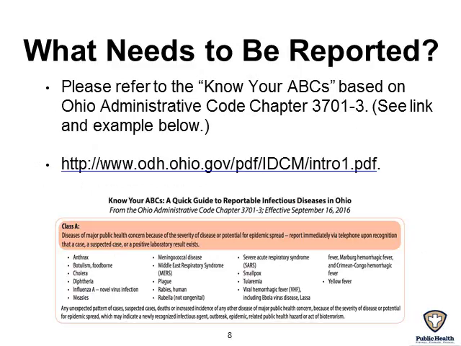We will now begin to discuss how someone can determine whether a disease needs to be reported. Diseases and outbreaks are divided up into groups, called classes, based on their severity or epidemic potential, such as the ability to easily be spread to others. Class A diseases are of major public health concern because of the severity of disease or potential for epidemic spread. Some examples of Class A diseases are meningococcal disease, foodborne botulism, and measles.